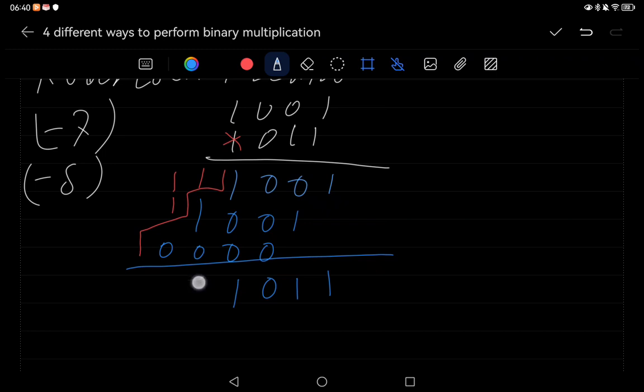So here I put 1 and I have 1 here. The carry is 1. 1 plus 1 plus 1 will be 3, so I put 1 here. And the carry is 1 here. So I will write the carry bit. So as a result, we have 1 1